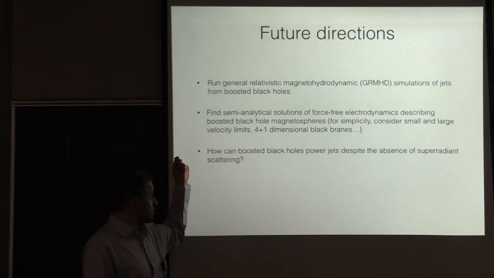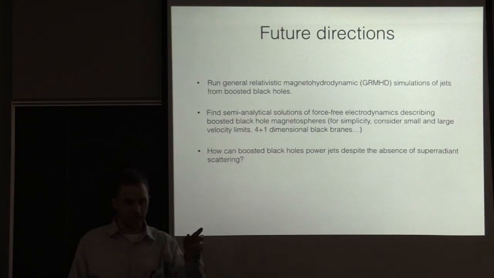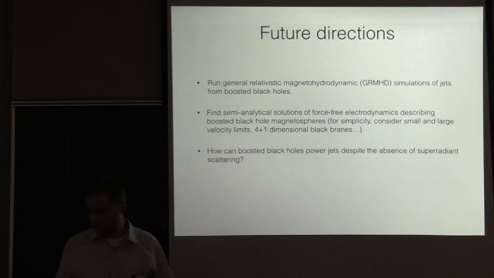A part of my interest in this is not only LIGO, but also there are some really interesting conceptual questions. There's another way to extract energy from black holes, something called superradiant scattering, where you scatter waves off. From thinking about spinning black holes, we thought it was equivalent in some sense to jets. But the weird thing is that for boosted black holes, there's evidence that you can extract energy using jets, but there's also evidence that you can't extract energy using superradiant scattering, which is really weird, and it would be good to understand why one seems to work and not the other when they seem so closely related. So that's going to be a fun conceptual problem.